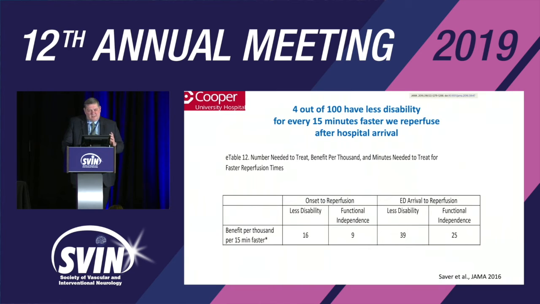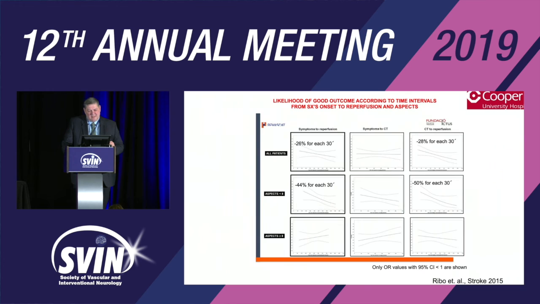So how much time do we actually spend by doing these advanced imaging studies? Because it's important to know, because for every 15 minutes that we move faster, we have, per 1,000 patients, 39 patients with less disability and 25 patients more with functional independence. And as Mark Rebo showed in this paper based on Reva Scott, the fast progressors, the patients with poor aspect scores at baseline, are the ones who suffer more, who have the worst consequences of time delays. These are all comers. These are aspect score less than 8 with a very steep curve of time to reperfusion